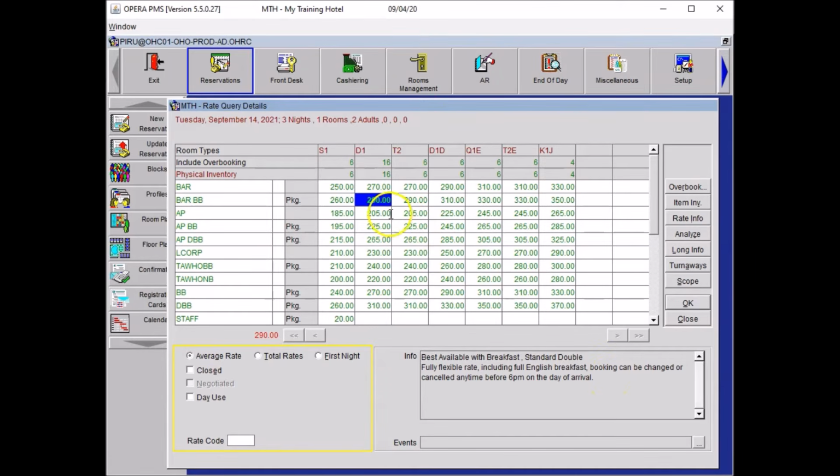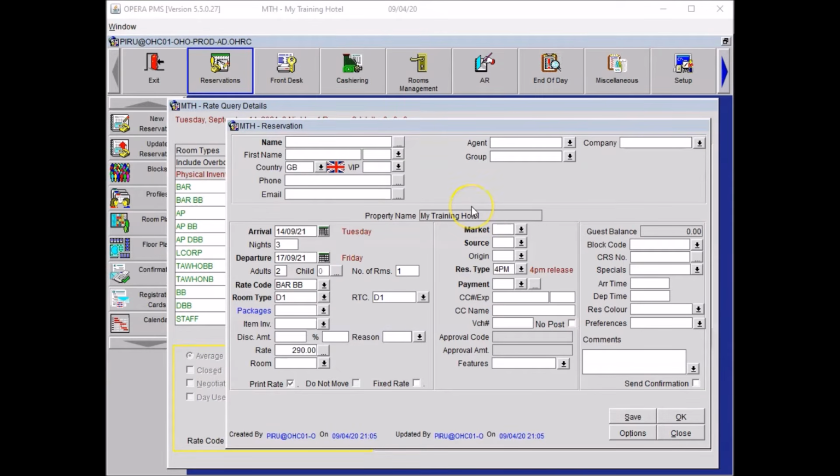Once you are happy with your choice, you could either double click or press OK and move on to the next page. We are now on the reservation mask, which is the final page of your reservation. There are 4 sections in it. The top one is where you will add the information of your guest, and in case he was working for a company or travel agency. The first column here is all about the previous information you have selected before, so the date of stay, the room type, the rate code and price, and then after some more information that we will cover and that we need to complete.